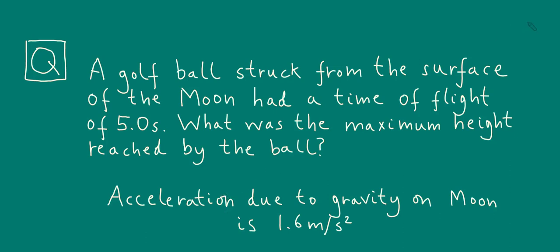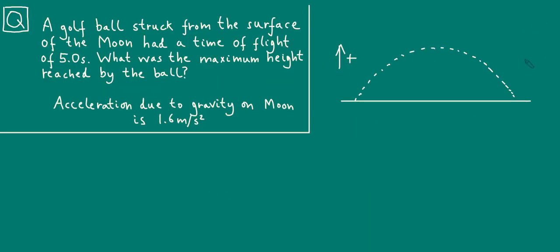Okay, welcome back. So it's always a good idea with these kinds of questions to just draw a little sketch of what's going on. Also, I've chosen the upwards direction to be positive, just as before. Recall that we also have to choose a start and end for this motion. And again, you might think it's natural to choose the start to be when the golf ball is first hit and first leaves the golf club, and the end to be just before it hits the ground. But actually it will turn out to be better to treat the start to be when